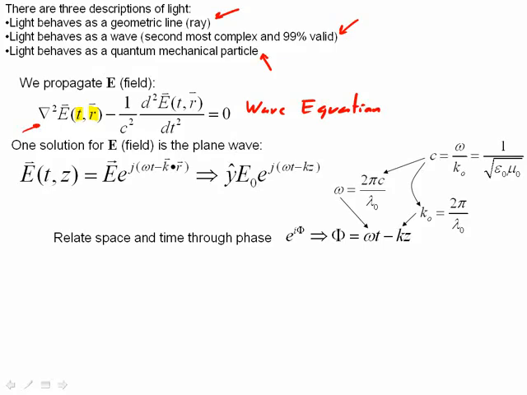So, of course, in the usual way of differential equations, we look for a solution that somebody has already done for us. We don't have to solve this every time we have a problem. And one of the really nice solutions of this is a plane wave, which in its more complex mathematical form, if you're going to keep all your vector notations and work in three spatial dimensions and one time dimension, you write like this. But for most common situations, you can simplify to an electric field having a constant amplitude pointing